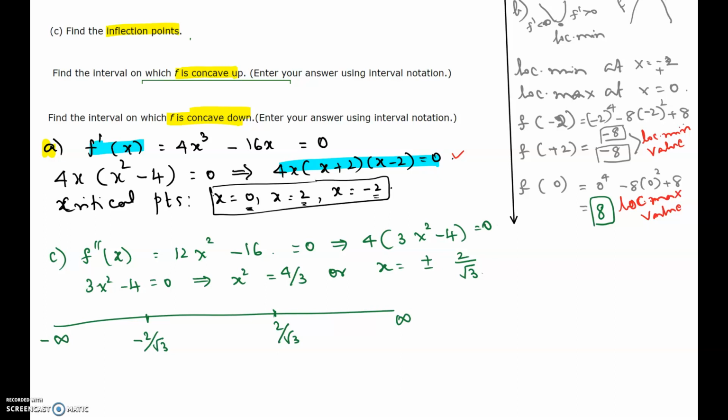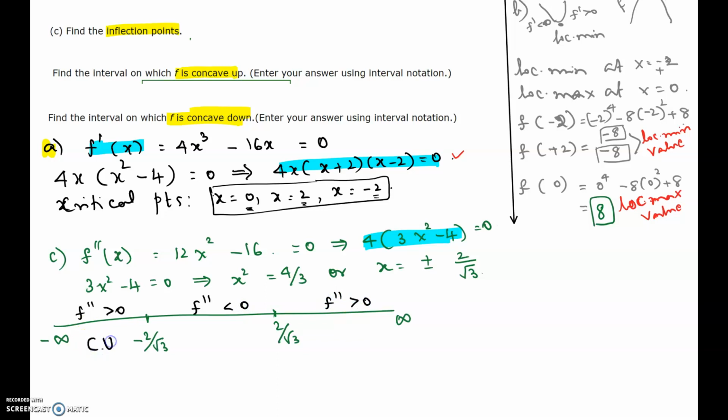If you plug -2 into f double prime, we will notice that f double prime will be positive in this interval, then negative in the middle interval, and positive in the last interval,